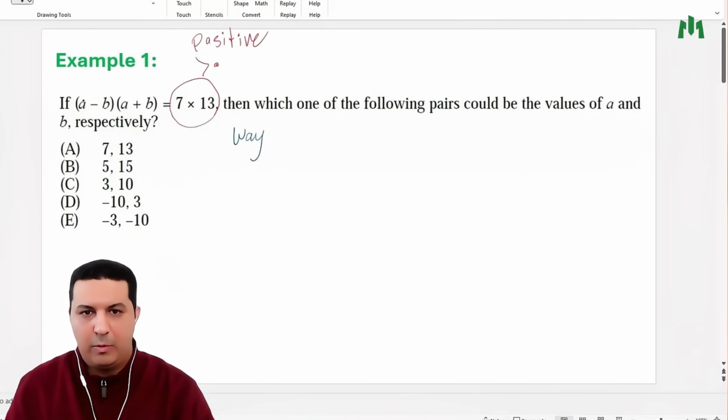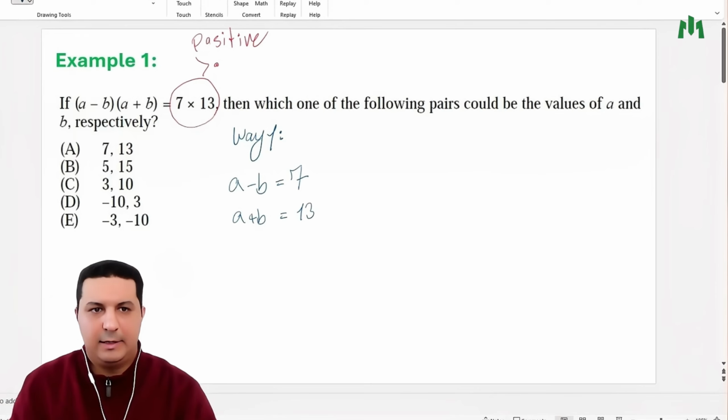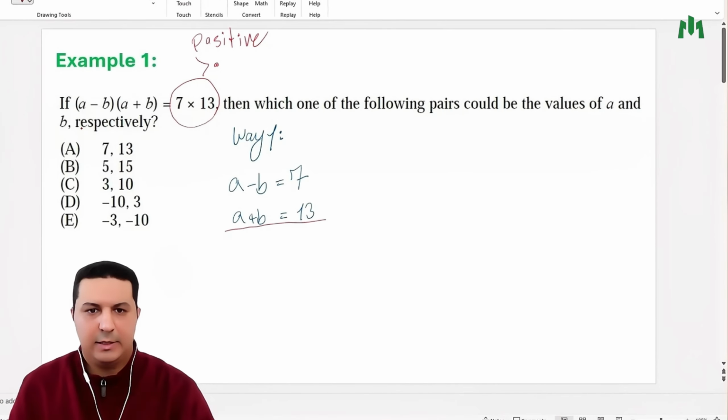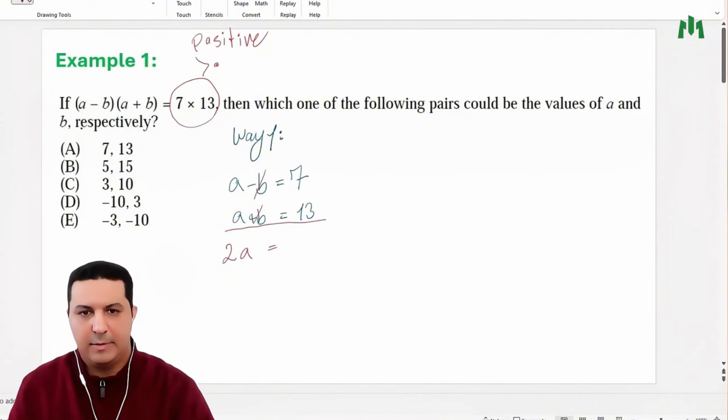So way one: you can consider a minus b as 7, and a plus b as 13. And then we have an equation to solve. So you can say 2a, because this b and this b you can delete, equals 20. a equals 20 divided by 2, which is 10. And so, if a is 10,